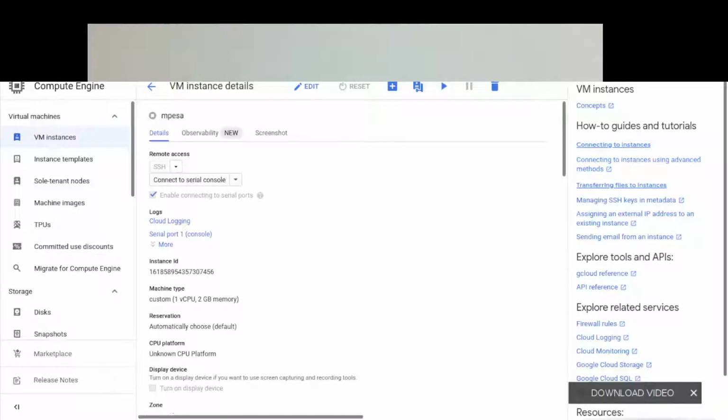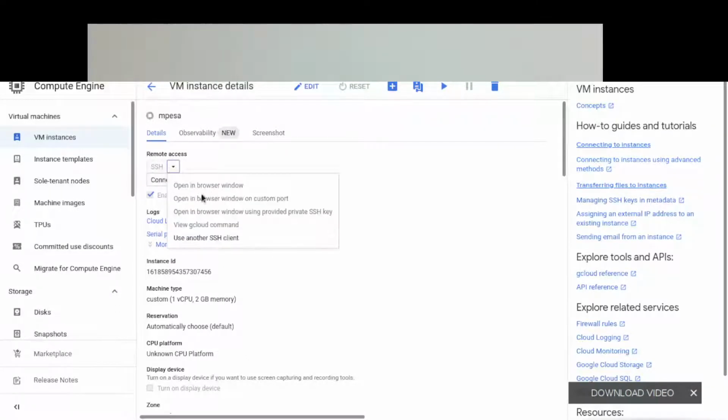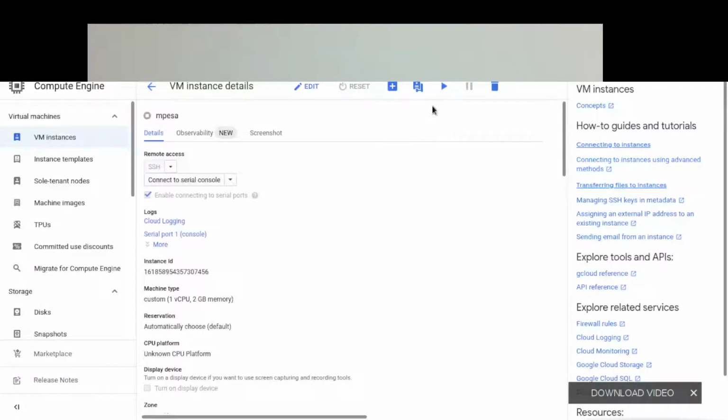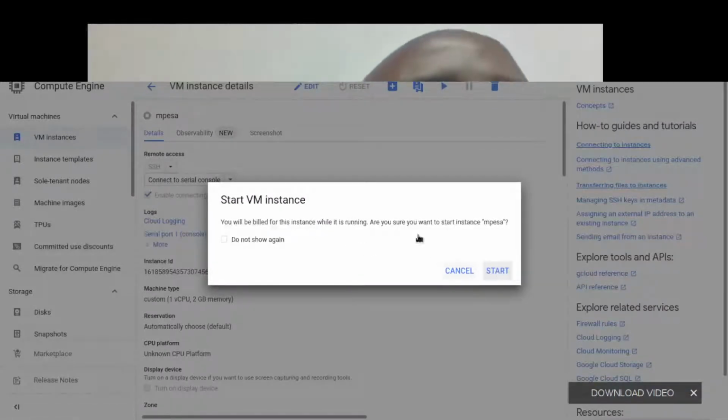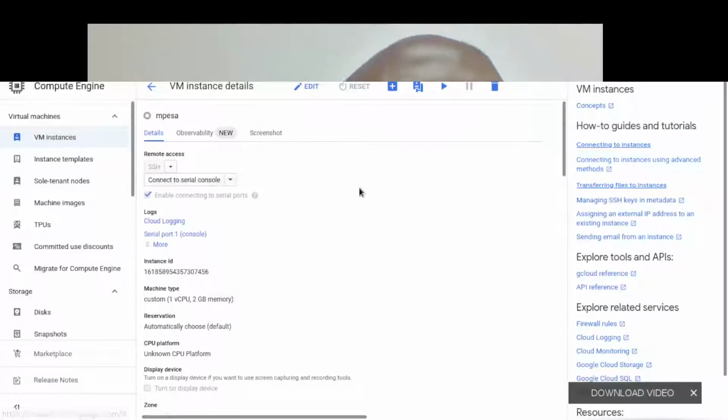Good. So you can see my box here. Let's assume this is my box and it's currently off. Let's assume that I can't come here and SSH for now, but I can turn it on for a moment. But before I turn it on, let me explain to you.